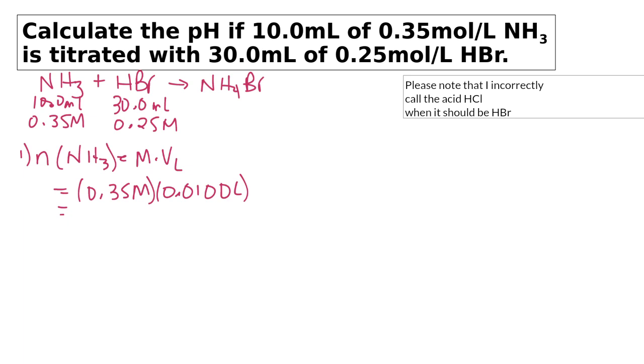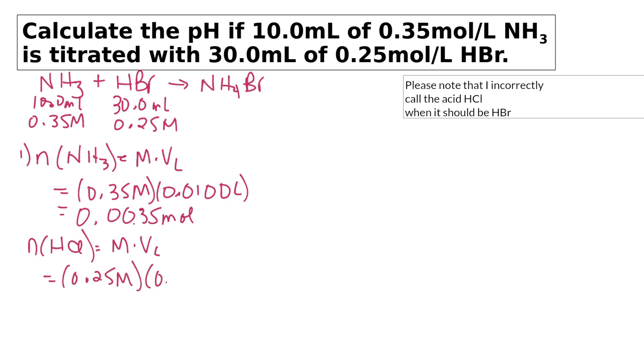So our moles of ammonia work out to be 0.0035 mole. And then we'll do the same thing for HCl. So HCl, same thing, concentration times volume. What do we have here? 0.25 molar times 30 mL, which is 0.0300 liters. And we get a mole value of